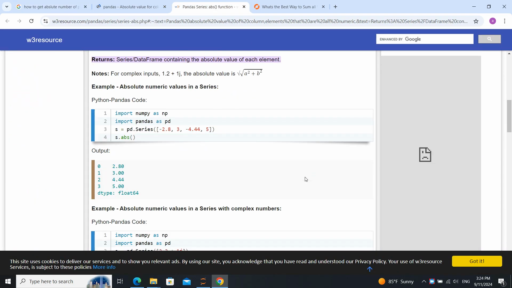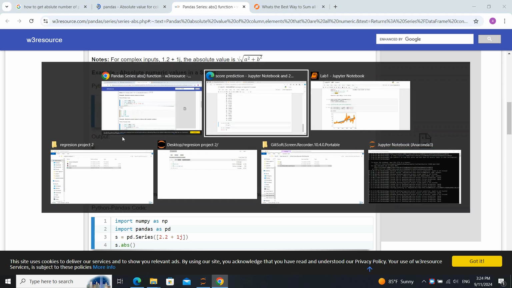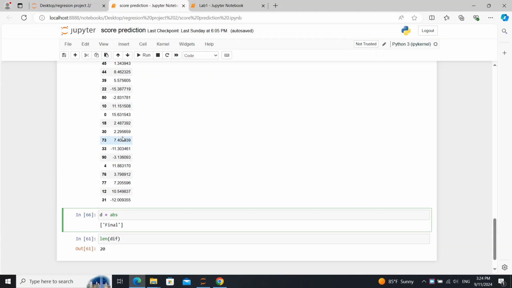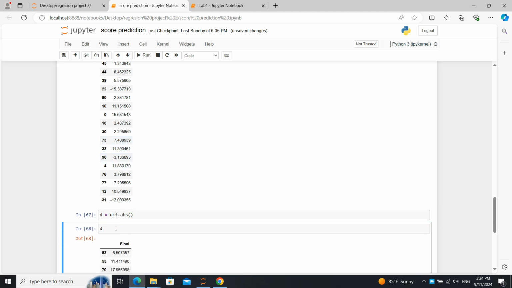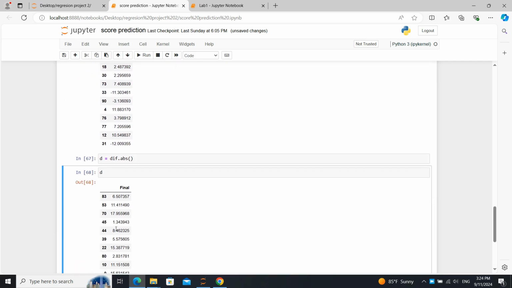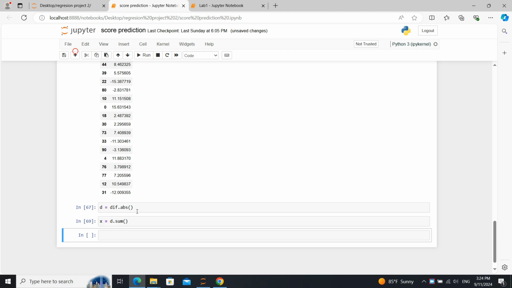let's see. s is equal to pd.Series, s.abs, and we say diff.abs. d. Now we can say x is equal to d.sum. Now if we print x